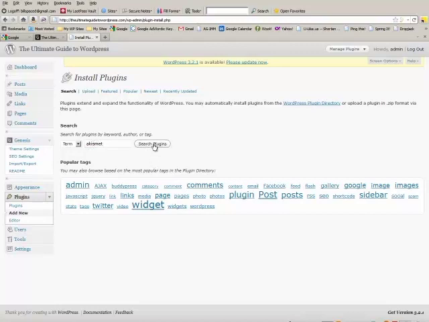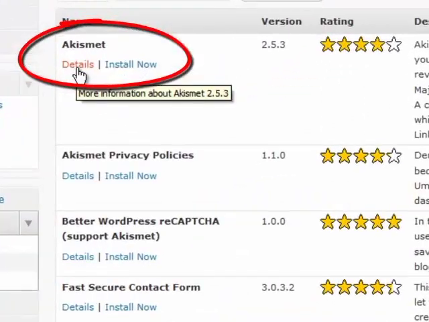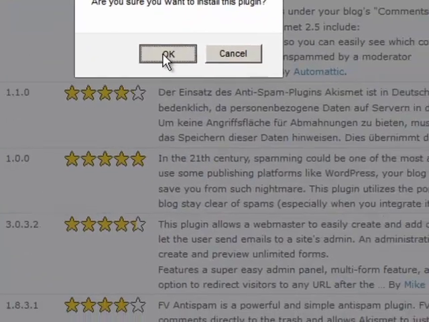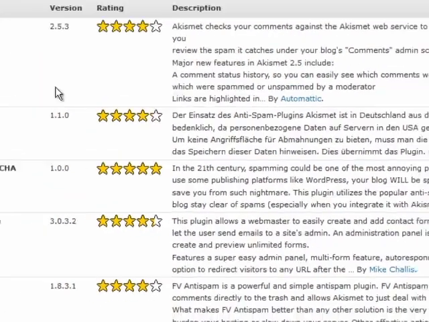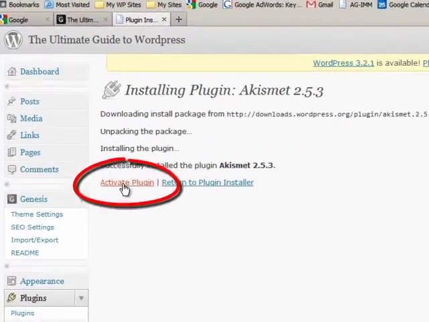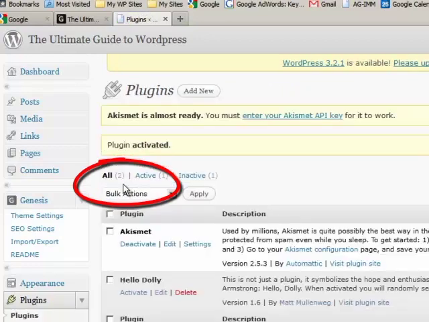so then you search plugins, and you find it here. You have 2 options. One is details, which will tell you more about it, or you can just install now. Install now and click on OK. Then you activate the plugin, and then you go to settings,